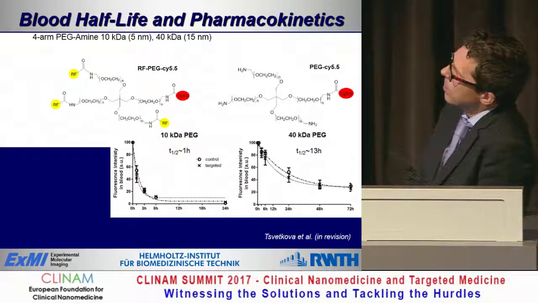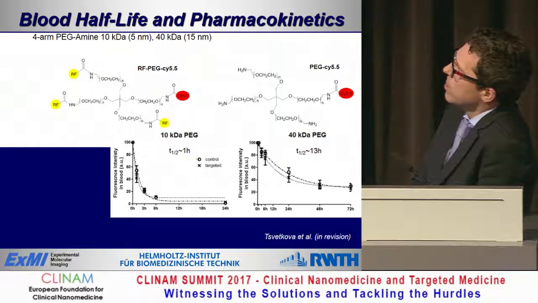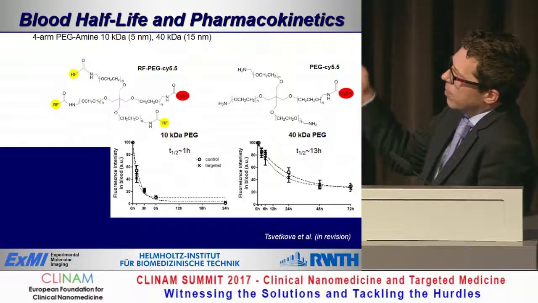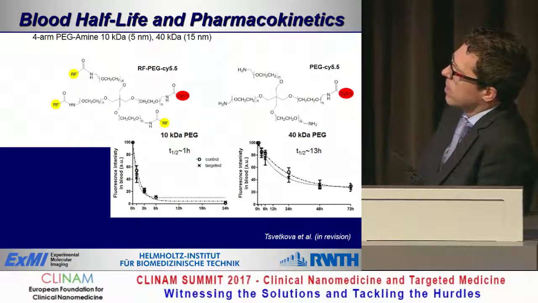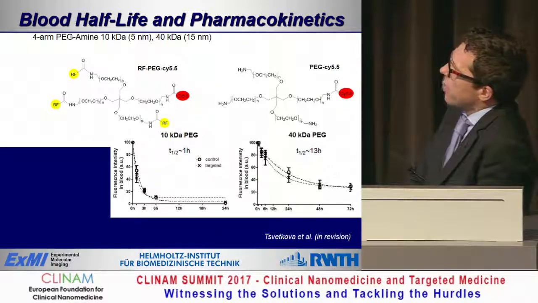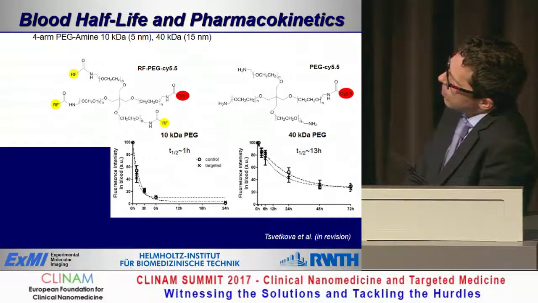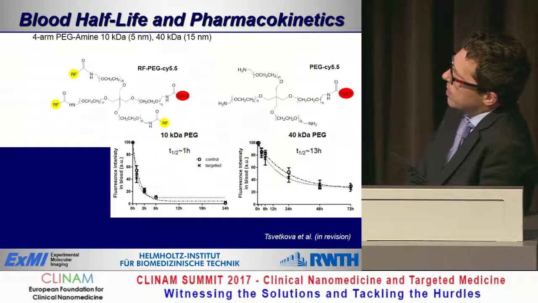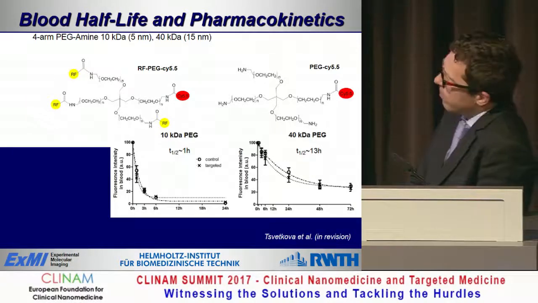As drugs, we designed two model drugs consisting of star packs, with two riboflavins on three arms and a fluorescent dye for detection. We designed them with sizes of about 5 nanometers and 50 nanometers. This would be the size usually of an IgG. Of course, you have to take into consideration the different steric properties, but approximately it should fit. If you now compare the blood half-life of these probes, you see that with the small one, we have a blood half-life of 1 hour because it's linearly cleared. With the other one, we have a blood half-life of 13 hours.